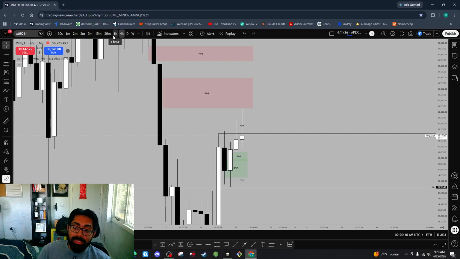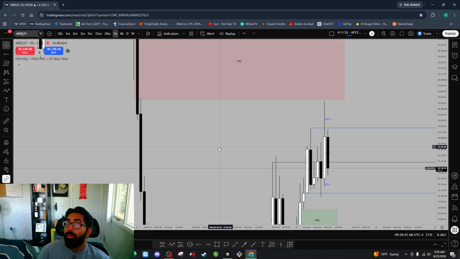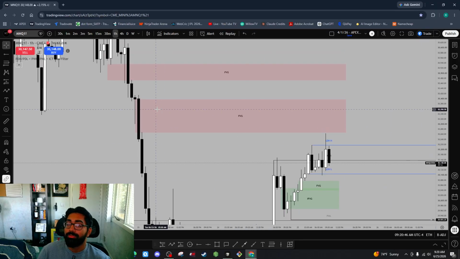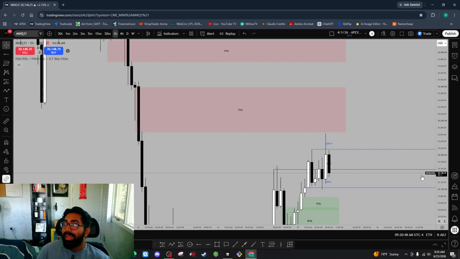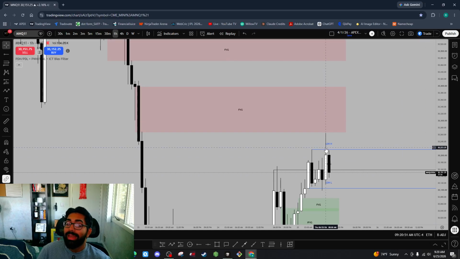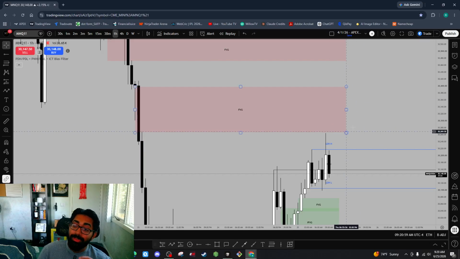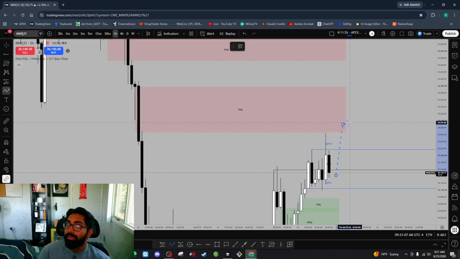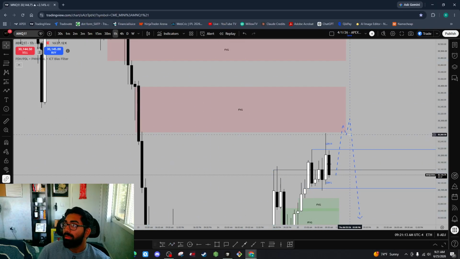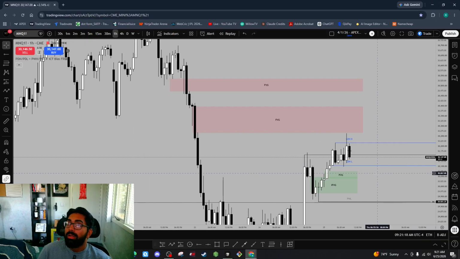What I would like to see is we have this 1-hour very clear bearish fair value gap right here. And we have this wick on the 1-hour, the 8 a.m. candle that we could manipulate. We could manipulate, enter this bearish fair value gap, and then continue our downtrend. Something like taking out this high, entering that bearish fair value gap, maybe something like that, and then continuing our downtrend. I don't know. So that's a possibility, right?